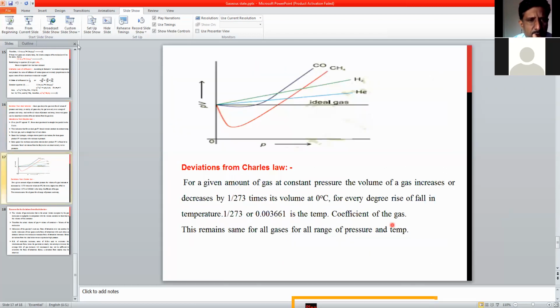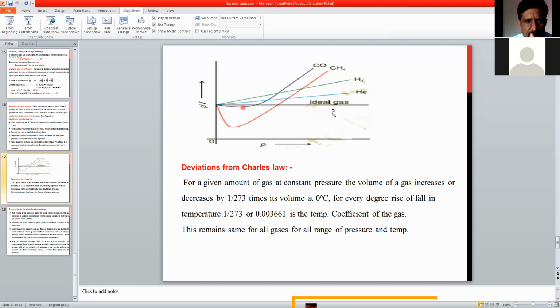I am showing you here, friends, how the deviation from the ideal gas law appears. We plot P into V on the y-axis and P on the x-axis. Now, what about the real gas? If you plot the graph of PV against P for the ideal gas, a straight line is obtained. I'm showing it here. What does it indicate? The value of PV is constant here, not changing.